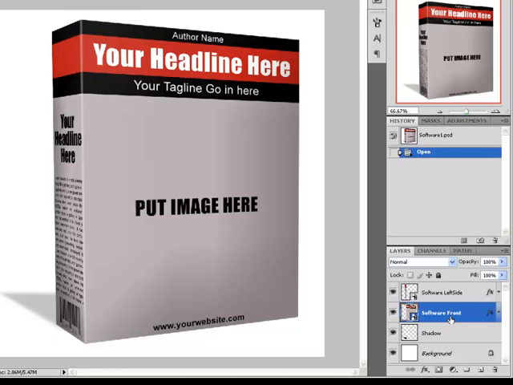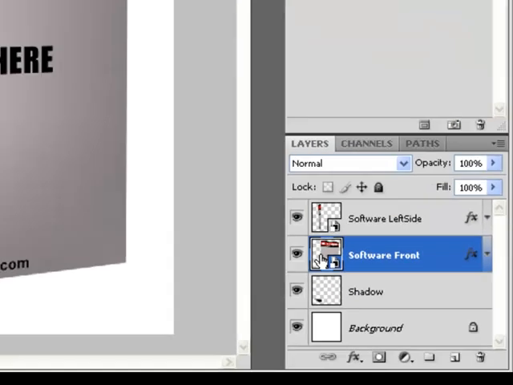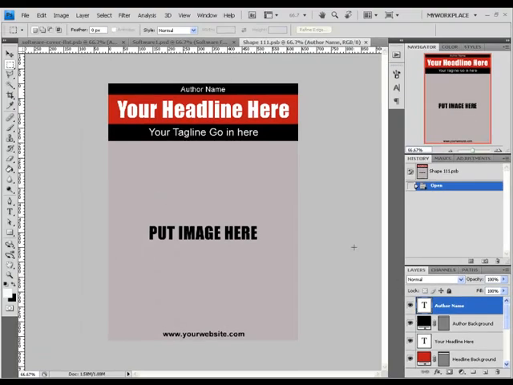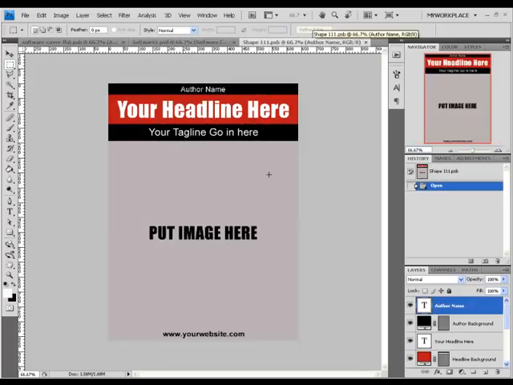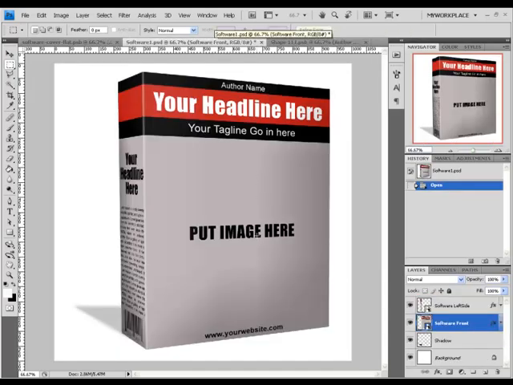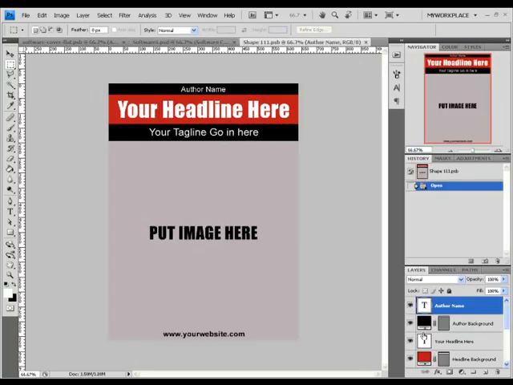The smart object is a function inside of Photoshop that lets us edit the 3D layout inside the flat window, which makes it a lot easier to edit. To open the smart object, press twice on the icon that's on the left side of the layer. As you can see, Photoshop has opened a new window, a flat window of the 3D layout. Any changes that you make in this window will take effect on the 3D layout after you save it. So you can edit the 3D layout by making the changes on the flat window